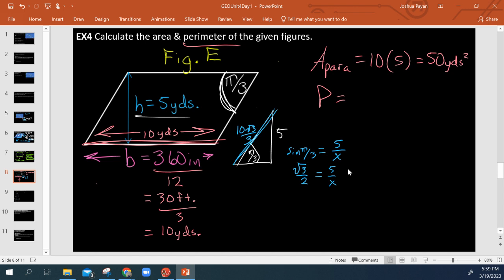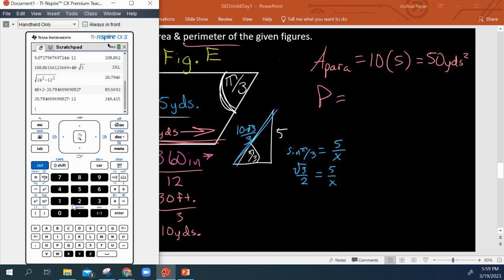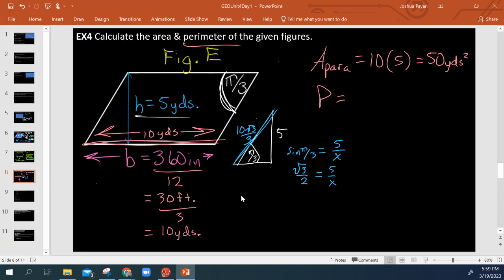3, which is approximately 10 square root of 3. Will it let me do that? Yes. About 5.77. Okay, so that is about